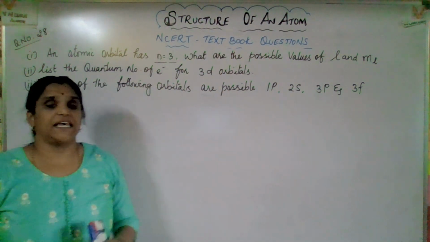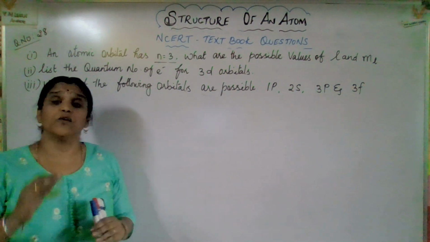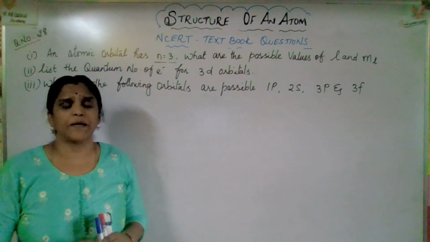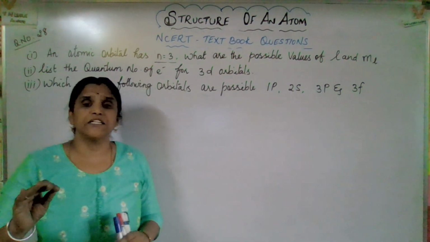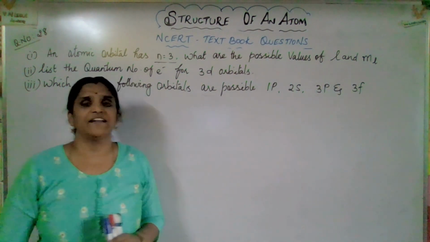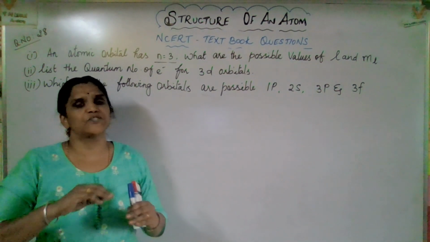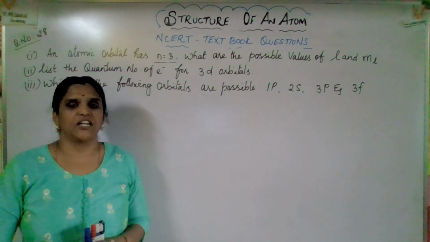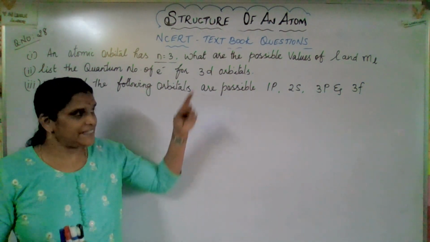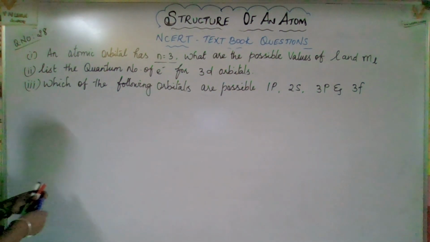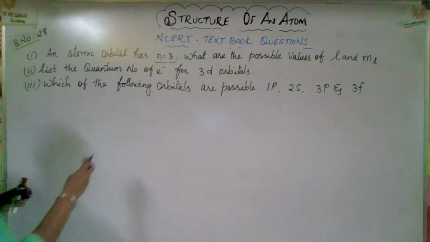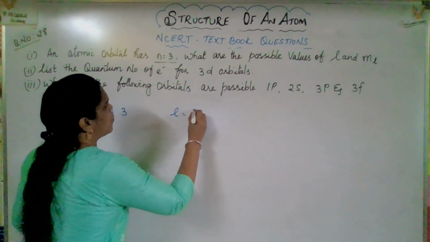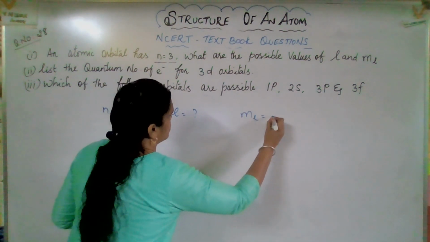See, in our last session, we have gone through what we mean by quantum number, the uses of quantum numbers, types of quantum numbers, and the rules and principles of how the electrons are filling in the subshell. All the ideas, formats, and solving problems we also went through in our last session. So please watch that, and let us solve this question. Here n is the principal quantum number, so n equal to 3. They are asking what l is and what ml is.